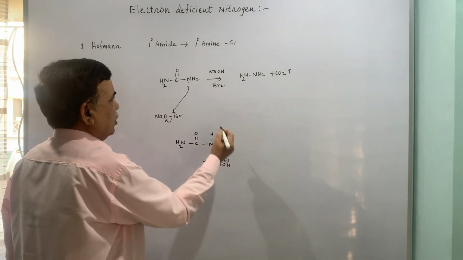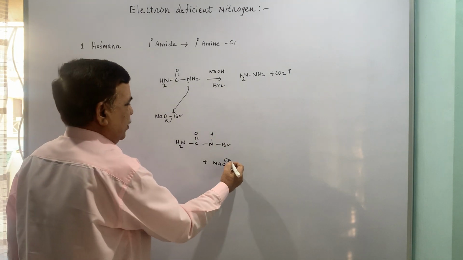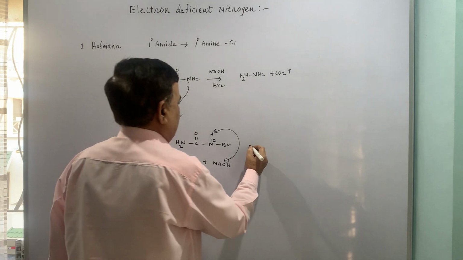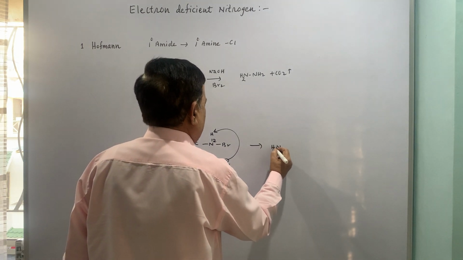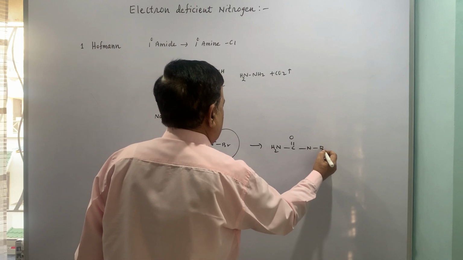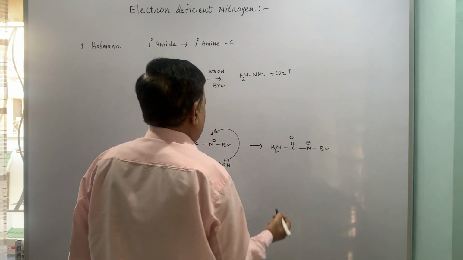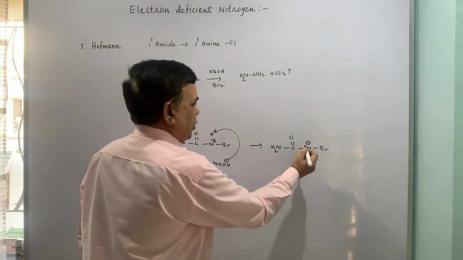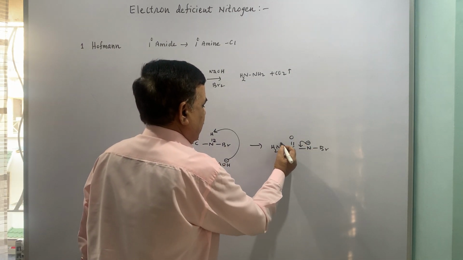Now, this NaOH is already there in the medium, this abstracts a proton and you get the intermediate, wherein you can see that N is having negative charge and is also carrying a leaving group,